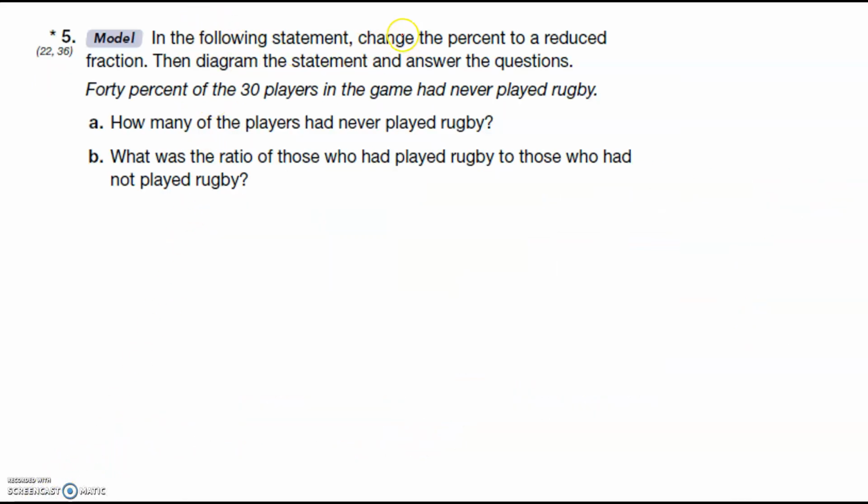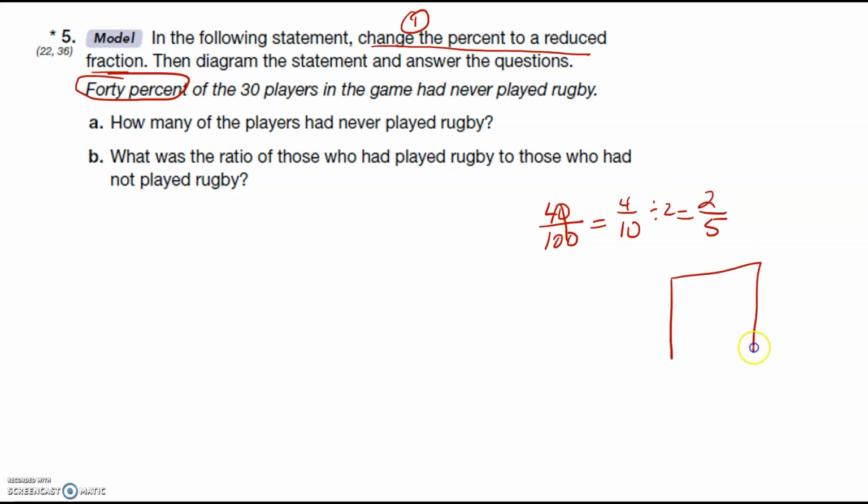In the following statement, change the percent to a reduced fraction, then diagram the statement. So let me go ahead and do this one for you. 40%, so 40 per 100, because this is the first thing I need to do, right? Let me reduce this. And then that tells me what my diagram's supposed to look like. So since I have 5 on the bottom, 1, 2, 3, 4, and 5. So I know 2/5